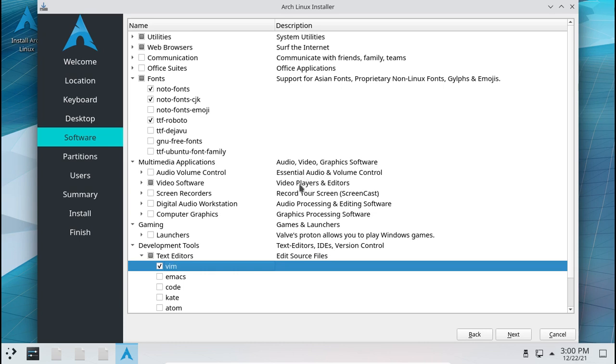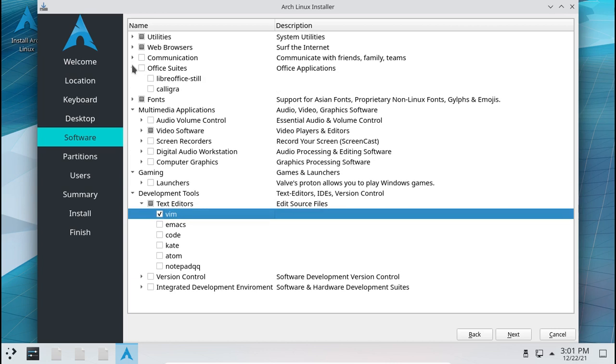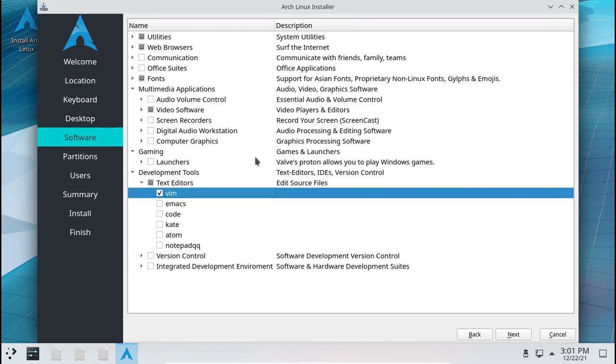So I think this is very obvious. Something inside fonts is going to be fonts, something inside communication is going to be communication software, right? And something inside Office suite is going to be Office suite. So it pretty much makes sense that if something is residing under a subdirectory, it has got to do with, let's say Emacs. Obviously it's going to be a text editor and not some kind of game launcher. So that makes sense. But if you want to make sure what a software does in particular, you can always Google, DuckDuckGo, whatever you like, and always type Arch Linux at the end so that you get to the Arch Linux packages page. And that's pretty much it.